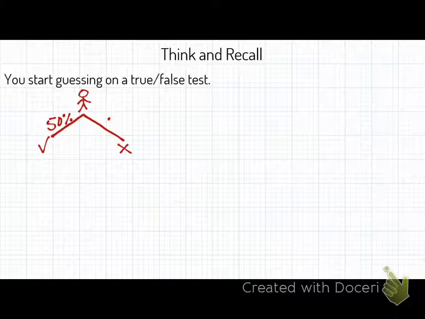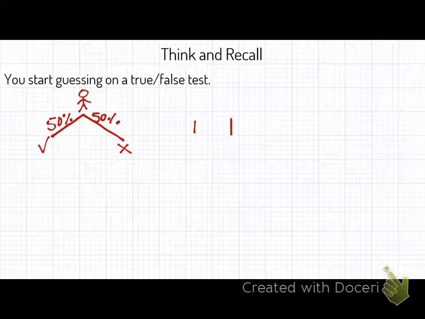So what I want to do is ask you, how many ways can you get it right? How many ways can you get the answer right with this first chance? 1 way. You could get the answer right in 1 way, right? How many ways can you get it wrong in this first way? 1 way also, okay? Does that make sense so far?